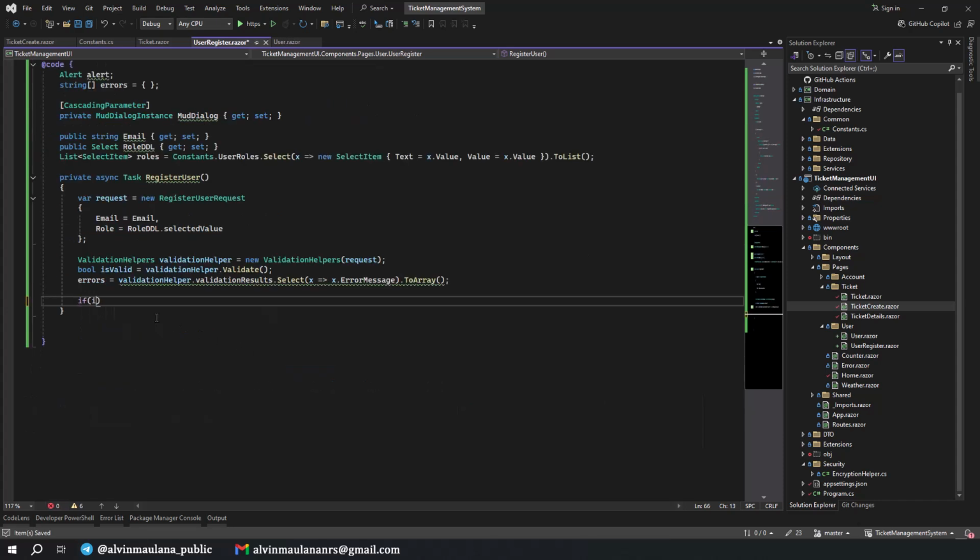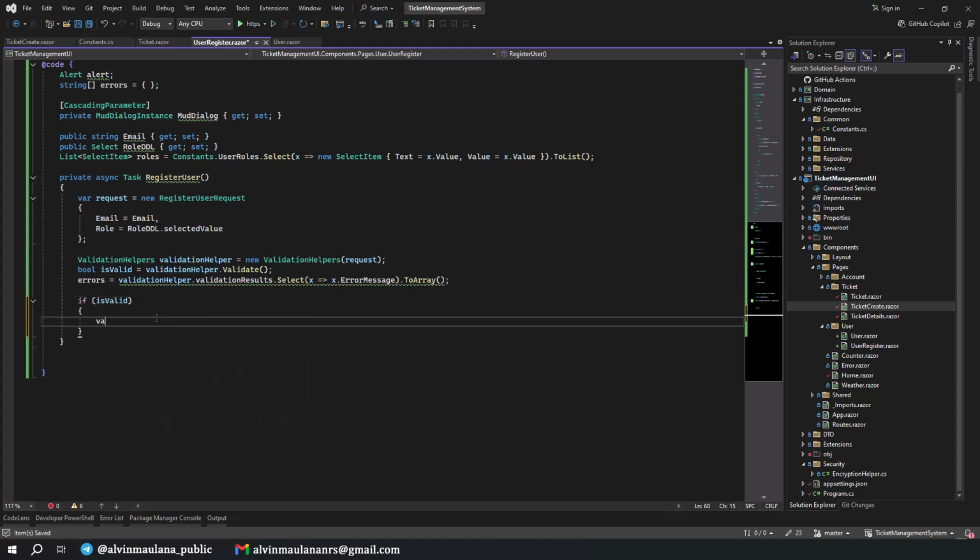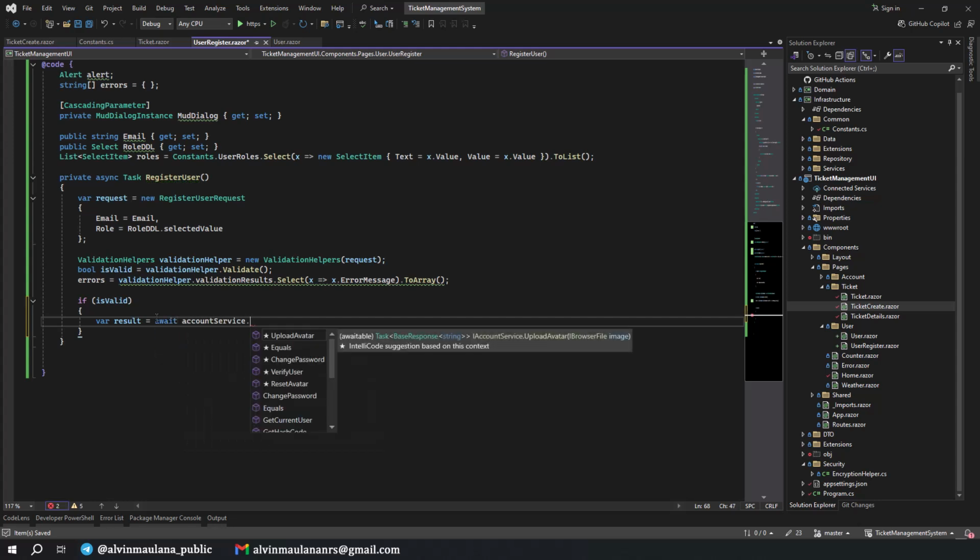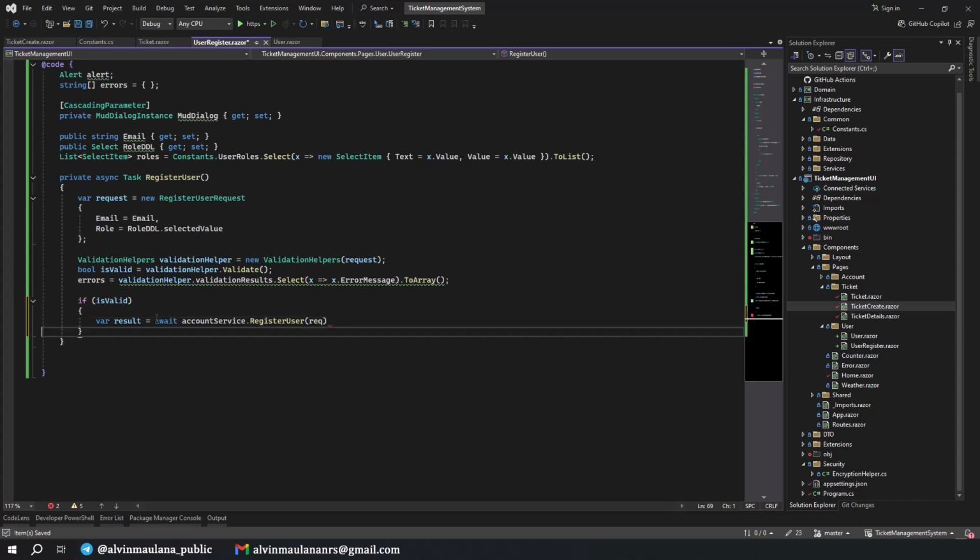Okay, if it's valid, we get a result from the account service, calling RegisterUser with the request. I'm not sure why the autocomplete is slow.